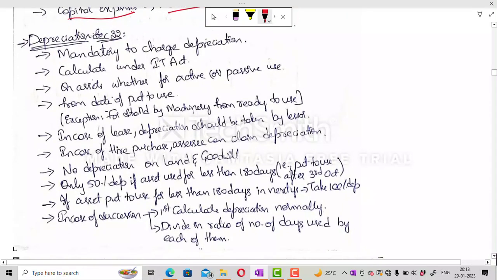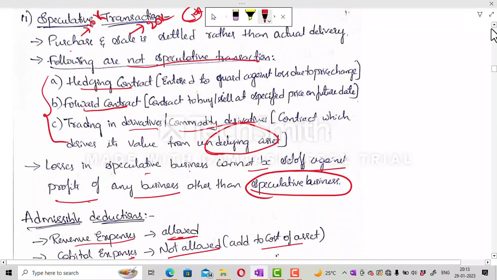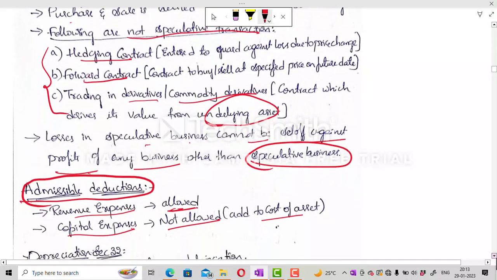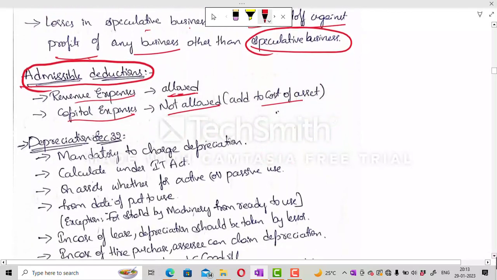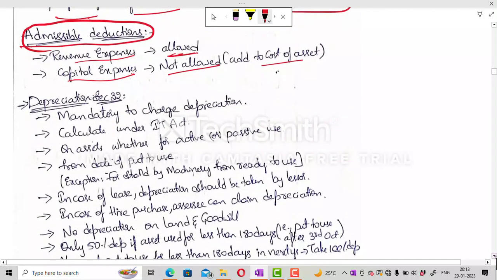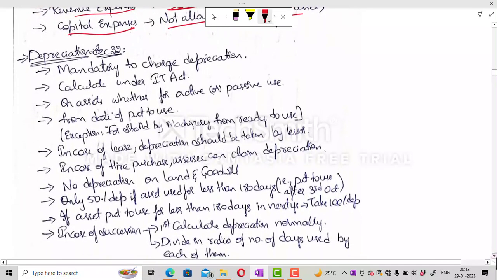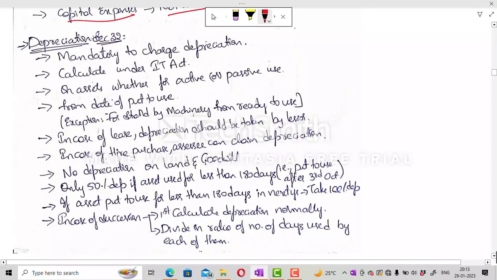So conclusion. Depreciation is another expense, but see, we are discussing here all the expenses, admissible deductions, in the sense of expenses that we are going to have in the profit and loss account, which we can deduct. Revenue expenses we can deduct, capital expenses we cannot deduct. Depreciation we can deduct, but we need to follow some rules in order to take the depreciation. It is mandatory to charge depreciation. It is not an option for the assessee, and we should calculate depreciation as per the Income Tax Act on assets